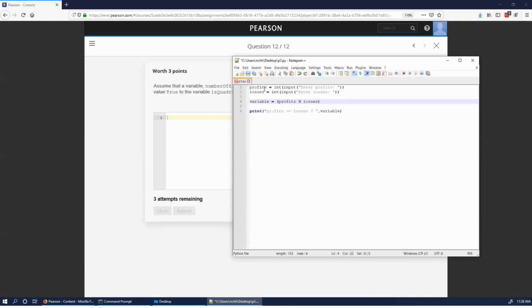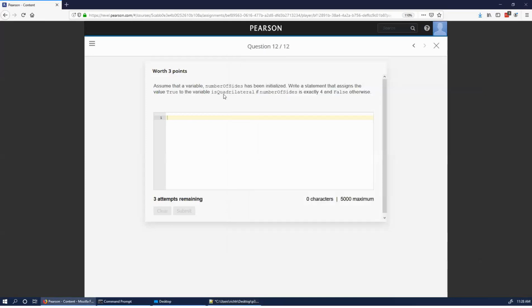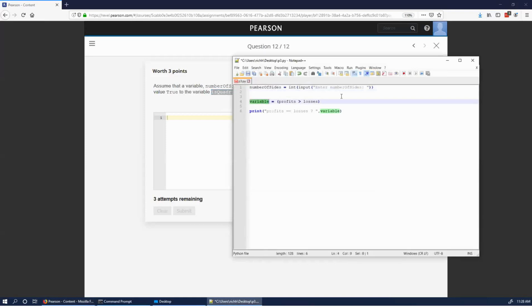Let me say number of sides, and let's say that this is something we've entered in, and so what we're going to return now is simply, we're going to assign a variable is quadrilateral to, and not have a space there, if number of sides is equal to